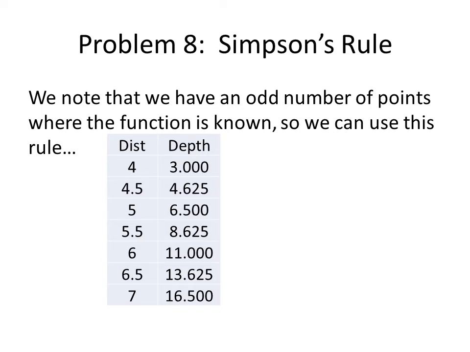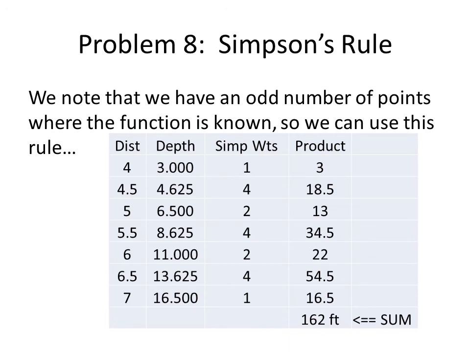So in 8, we're using Simpson's rule again, and it's actually the same function that I used to generate this data set. So you've seen some of those numbers before, but we use the same Simpson's weights, 1, 4, 2, 4, 2, 4, 1, and we again have 7 data points, so we're able to use Simpson's. It's an odd number again. And when we get the product and sum the product, we get 162 feet, because remember depth was in feet,